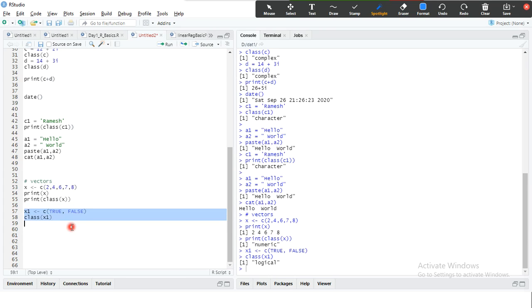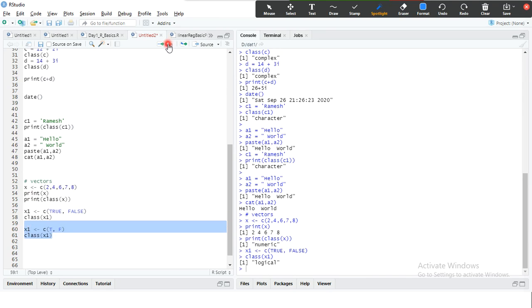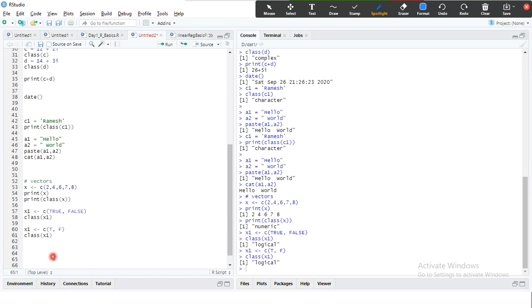Or else I can specify T comma F. This is a logical data type, and you can convert this one as an integer data type using as.integer. Okay, we have a function called as.integer. R is also case sensitive. Okay, you need to be a bit cautious.